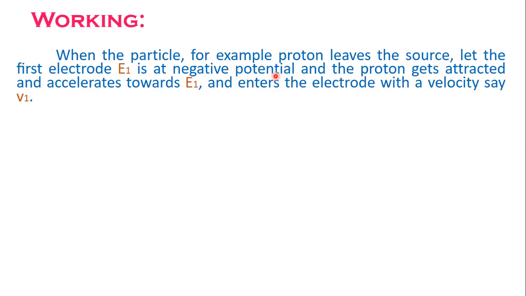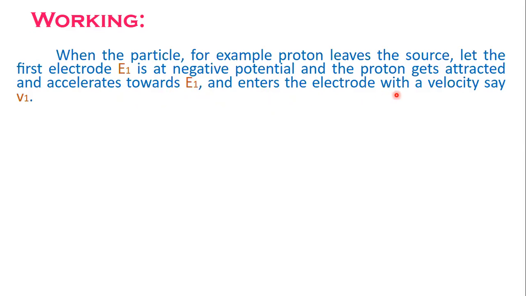Therefore, because of this potential, the proton gets attracted by a force equal to Q times the potential difference. And this force increases the kinetic energy of the particle, and the particle accelerates towards E1 and enters the electrode